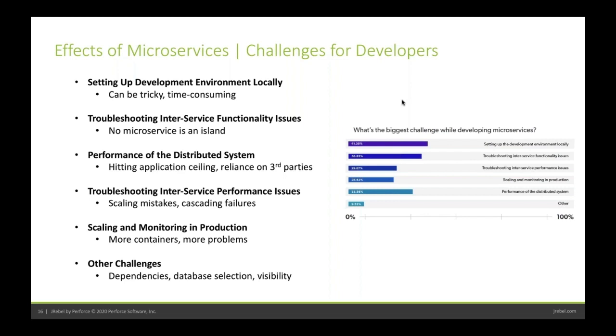You've also got monitoring issues, scaling and monitoring. As you add more and more microservices and containers, and individual ones are being scaled up and scaled down, how do I monitor and know, okay, it looks like this service is scaling up, which is going to increase the load on another service? How do I scale that up ahead of time, or do I wait until there's an issue that could affect production before I begin the ramp up? You don't want to have your end users suffer latency issues or timeouts or failures. You want to be proactive. So how do you do that across a complex set of microservices that could all be written in different languages, running on different platforms, using different tools?